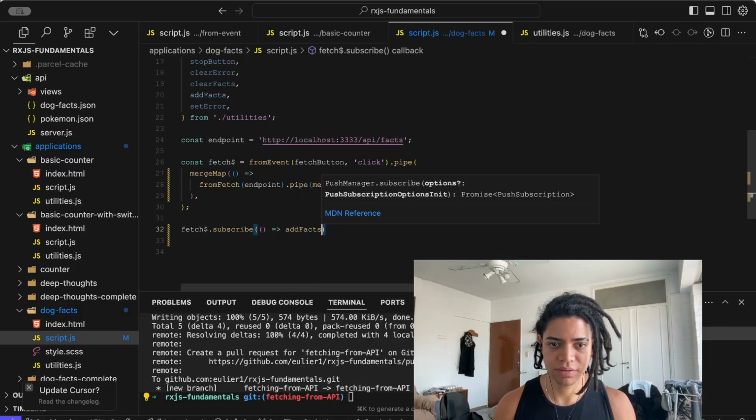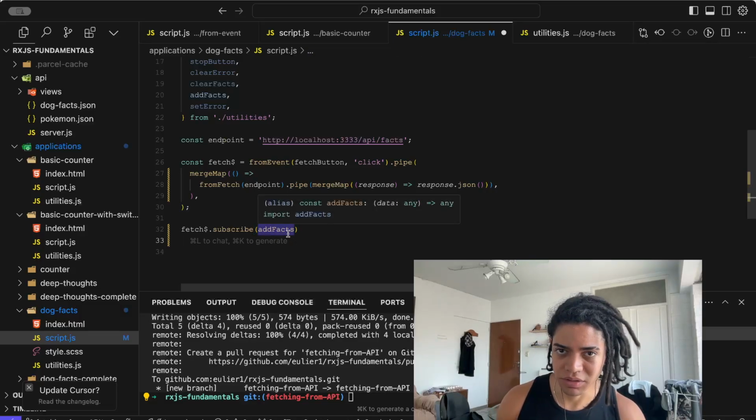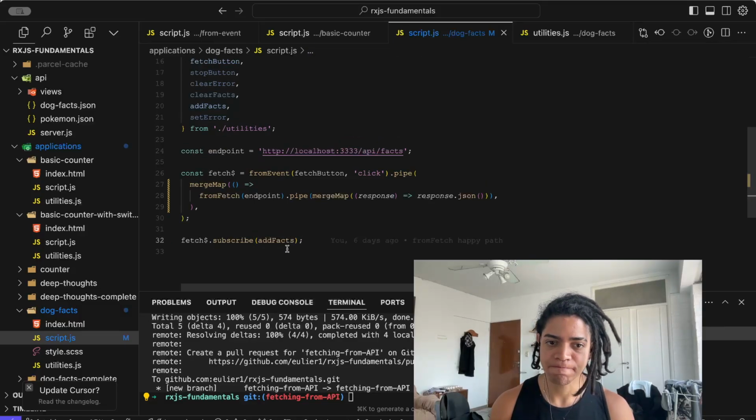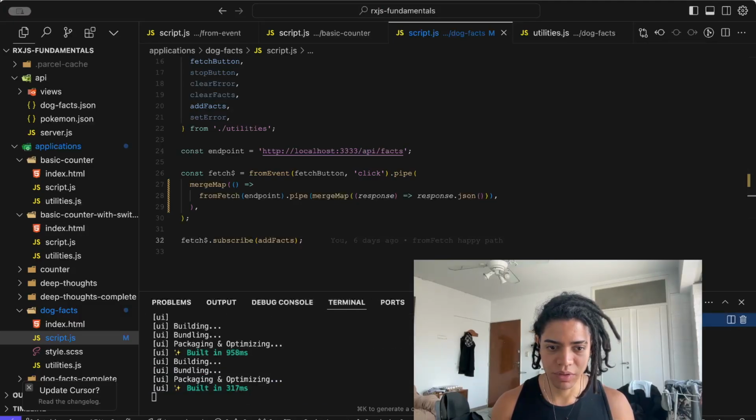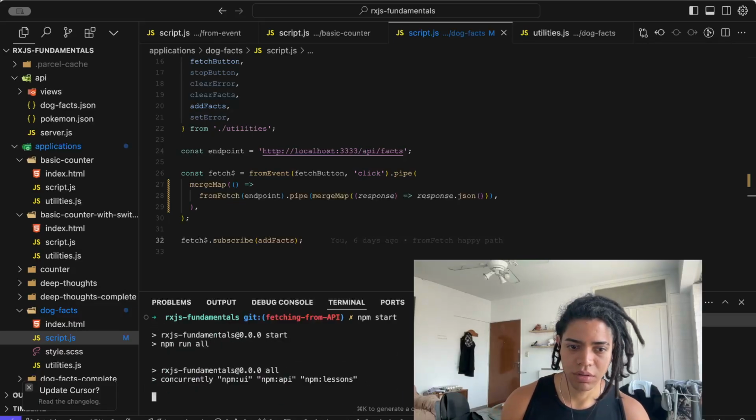Add facts. So addFacts is receiving the data. Because they have the same signature, we can do something like this, which is the 0.3. As long as the input signature matches, that'll be good. Just like that, exactly. And if we run this piece of code like this,